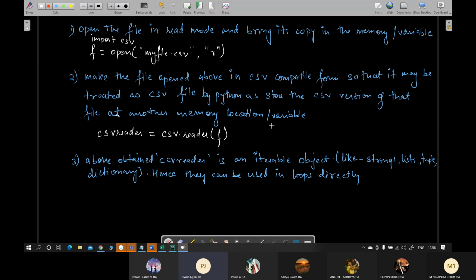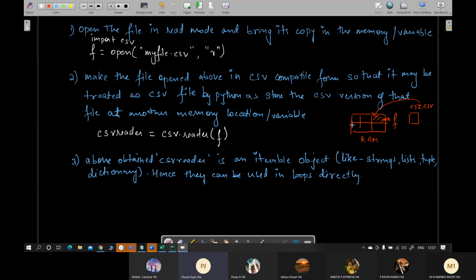So what happens internally is the original file, which is stored in the hard disk, let's say this file is xyz.csv. This first came to your RAM and got opened in one of the memory locations. मान लो इस memory location पे तुमने open किया जिसका नाम you gave as F. From your hard disk you brought a copy of it so that it can be read.